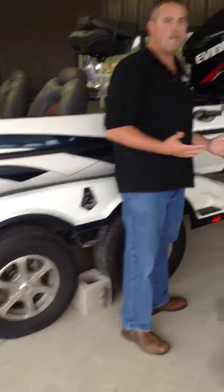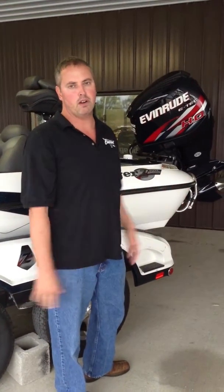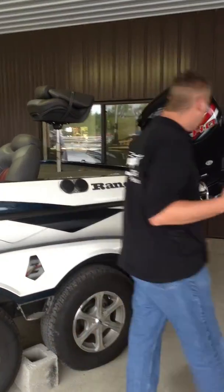And on this boat, it's got the tandem axle trailer, the Ranger Z521, wonderful boat of its class. It is the flagship for Ranger boats. Back here,